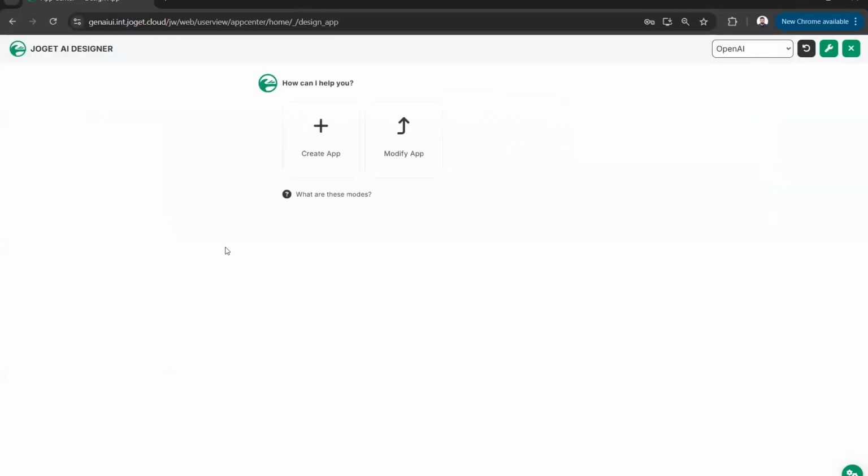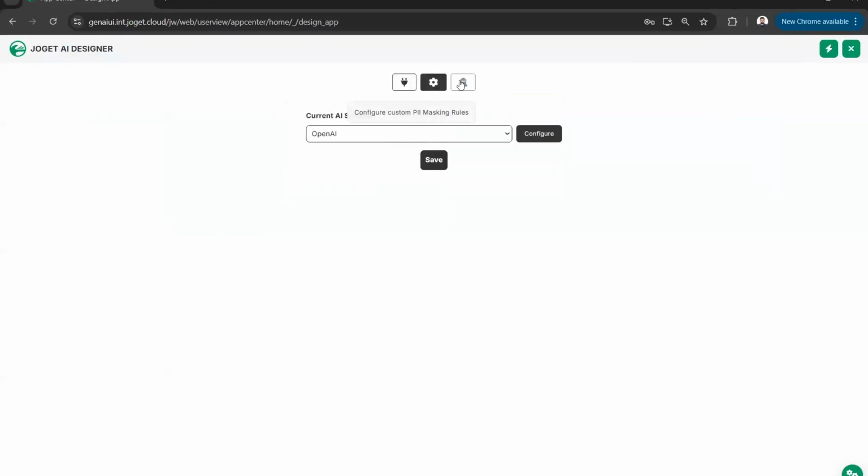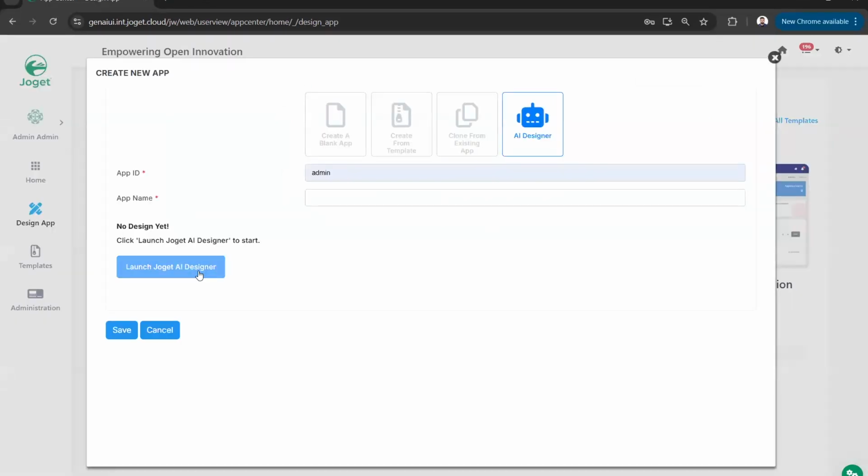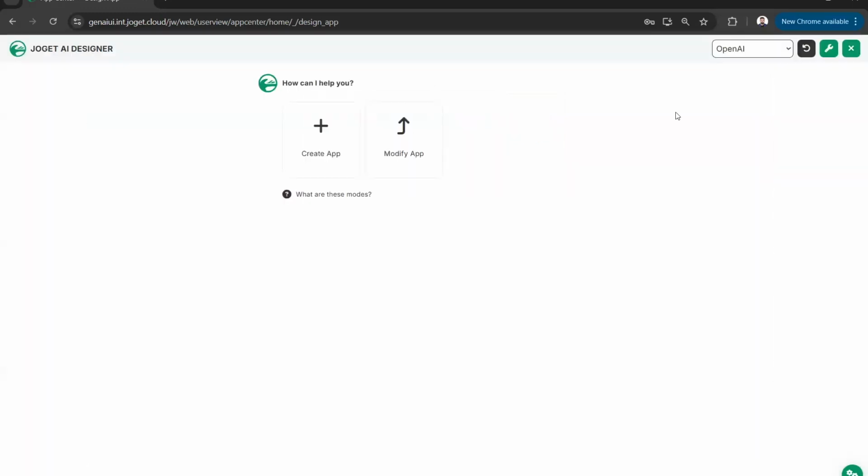Moving quickly to how you can build an app. Once I click on create and launch the designer, there are two ways: either I can create an app or I can modify. And again, coming back to Joget, we discussed that Joget is LLM agnostic. So you can run Joget on top of OpenAI, Anthropic. You can even use your own model. If you have any custom AI, you can come here, do those settings, and use them. So it's totally the choice of the person using Joget what kind of models they want to use. So this is the screen where we will start